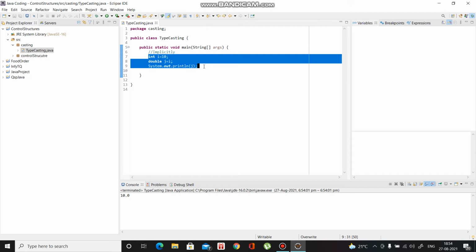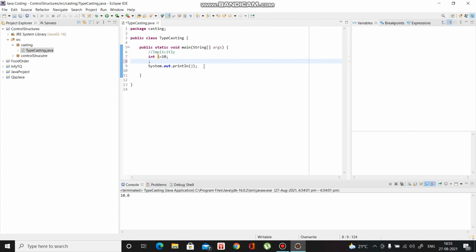So there won't be any problem in doing it. I said, right, we can even see it for character. So let's see, I'm cancelling this, enter: char c is equal to, let's mention capital C.